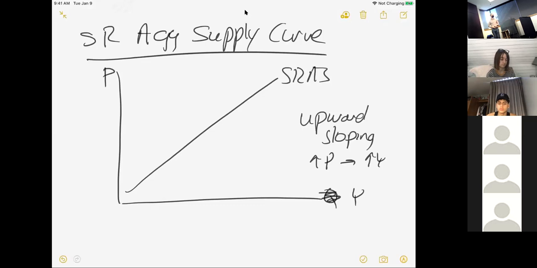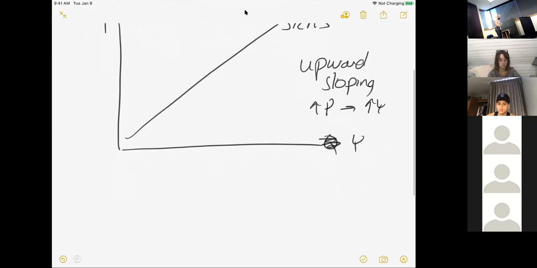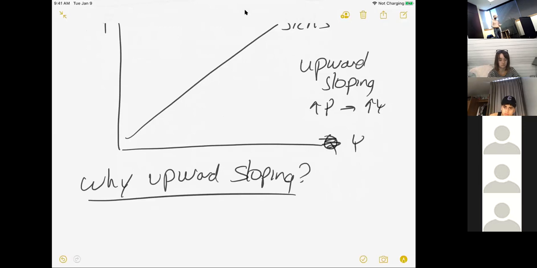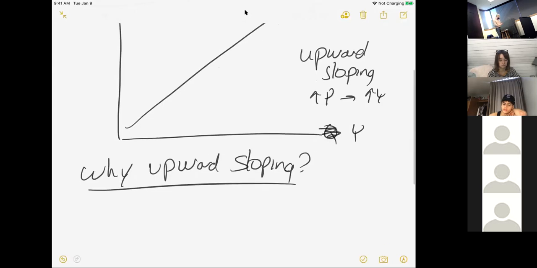So an increase in the price level here leads to an increase in real output. Why is that upward sloping? Well, there's a few reasons, and I want to talk about why it's upward sloping. Particularly, let's begin with Keynes's main insight. And Keynes said, it's upward sloping